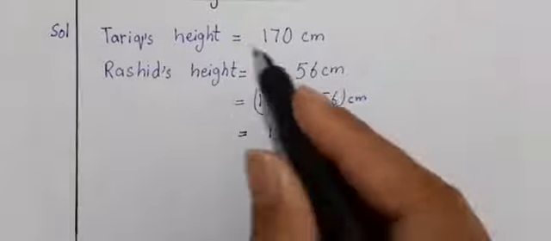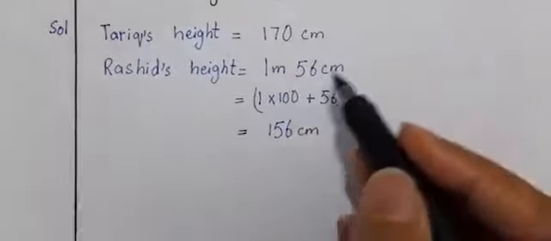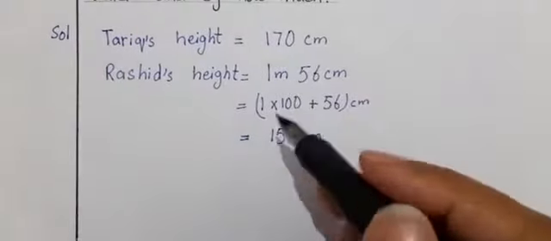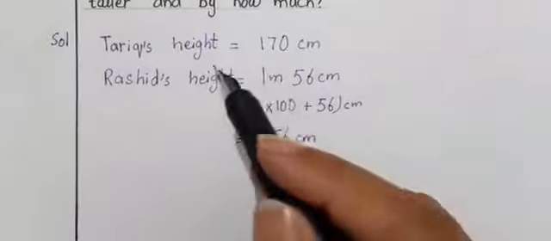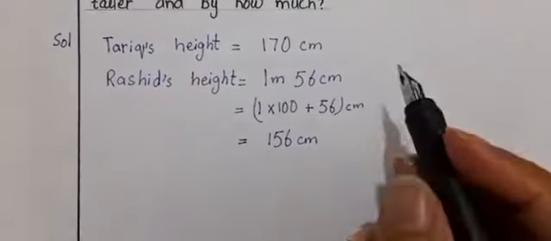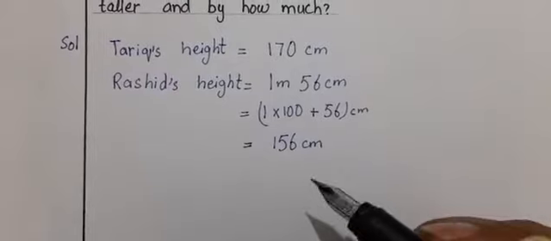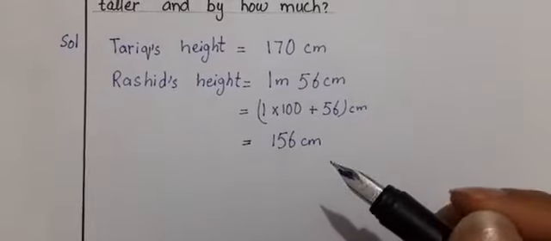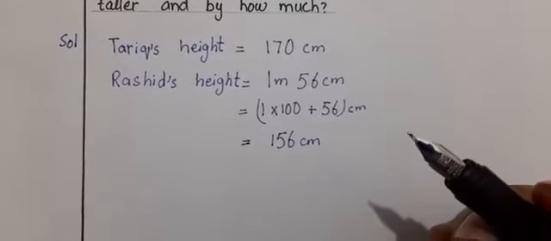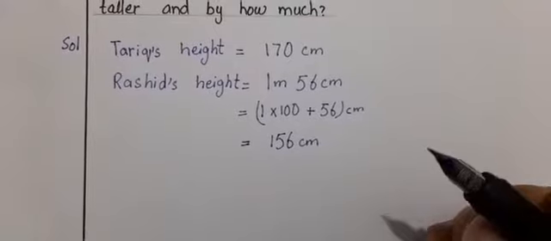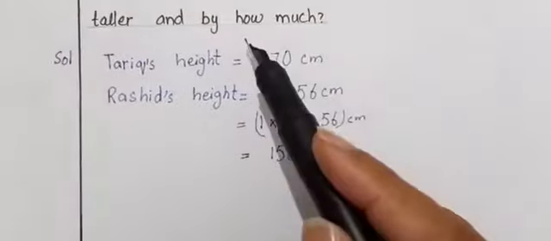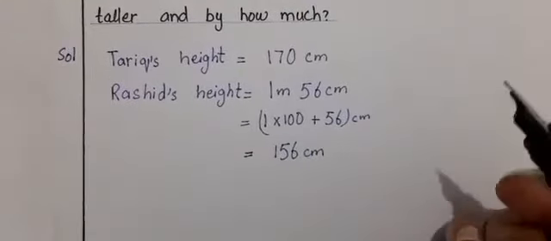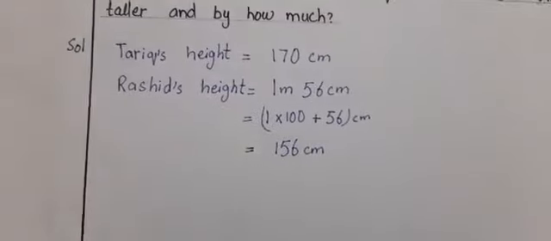Now you can see the height of Tariq and the height of Rashid. By seeing, you can tell who is taller. It means Tariq is taller. So what do we have to do? Now we have to tell how much taller. For how much, you all know, when we were doing the word problems, we have written the words. So now you have to use your memory. You have to quickly use your memory, because math is about quick response. When I ask you 2 3s in the table, you always give me the answer quickly. 2 3s are 6. So like this, when I ask how much, you will tell me which operator. How much means how much taller. Tell me the quantity. So how much means we have to subtract.